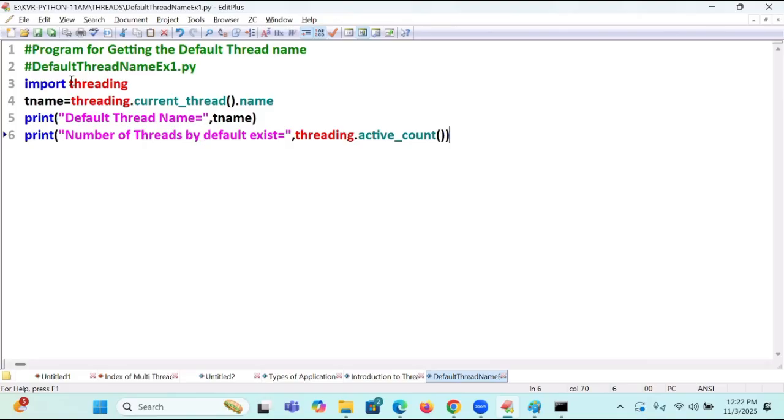One more kind of default thread flow I want to show. I will go to the default thread flow, how the default thread flow is going to come.